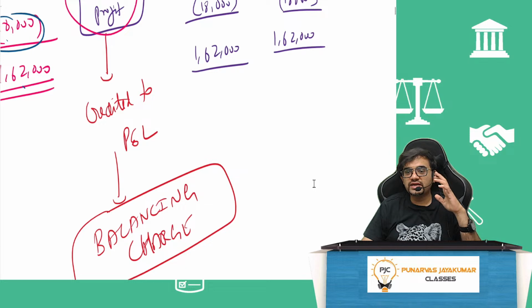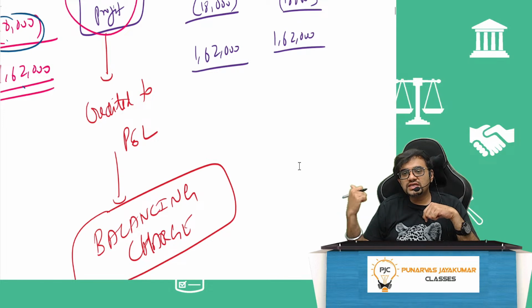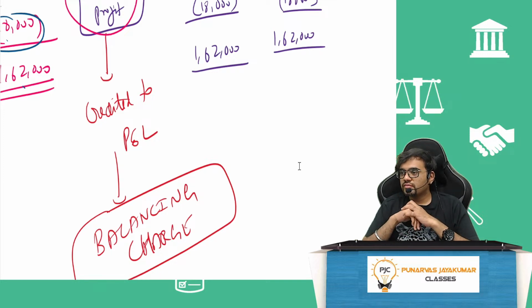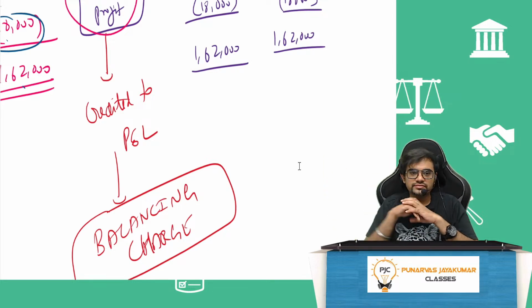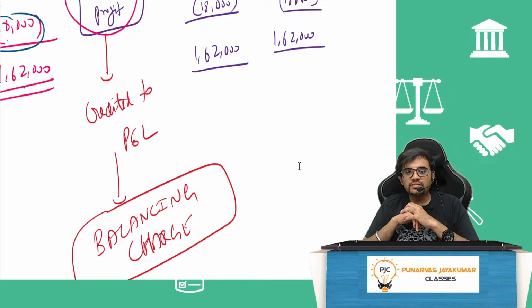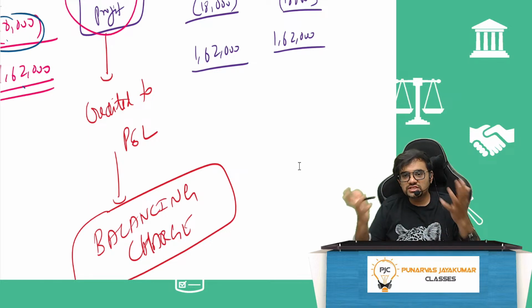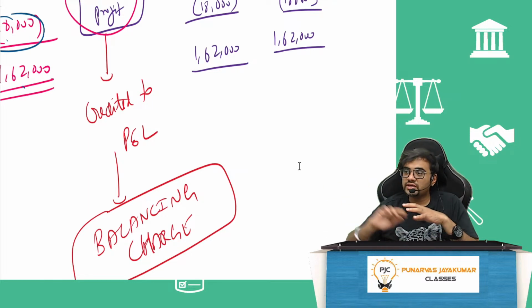This was the scenario till 1988. And even today, this is the scenario for the single asset method, that is SLM basis, for power generation. Companies into power generation can choose either WDV or SLM. If they choose SLM, it is the same concept. If the power generation unit is sold for a loss, the loss is treated fully in that year only as terminal depreciation. If it is sold for a profit, that entire amount will be credited to the P&L account as balancing charge. This is still relevant, that's why I did it. But this is not for all assets.